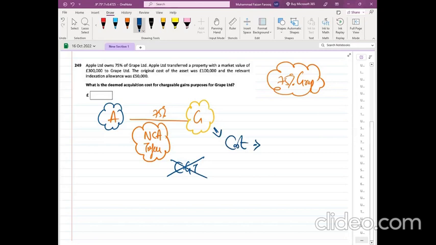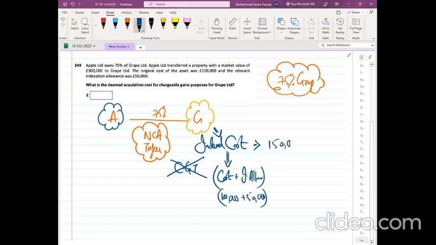ग्रैब्स के लिए। और कंपनी में, अगर कंपनी का सीजीटी पड़ा है, याद है, तो कंपनीज में हम कॉस्ट पे फोकस नहीं करते थे, इंडेक्स कॉस्ट पे फोकस करते थे। और इंडेक्स कॉस्ट होती है कॉस्ट प्लस इंडेक्सेशन अलाउंस। क्वेश्चन में गौर से देखिए, ₹1,00,000 कॉस्ट है, 50,000 इंडेक्सेशन अलाउंस है, तो इंडेक्स कॉस्ट इज 1,50,000। यानी सेकेंड मेंबर ऑफ द ग्रुप जिसको एसेट मिला है, कोई सीजीटी नहीं आया, जो मेन कंपनी यानी ट्रांसफरर की कॉस्ट थी, वही कॉस्ट जिसको मिल रहा है उसके लिए ट्रीट कर ली गई। और ये इंडिविजुअल नहीं है, ये कंपनी है, तो जस्ट कॉस्ट नहीं, इंडेक्स कॉस्ट पे बात होगी। तो आंसर इज 1,50,000।